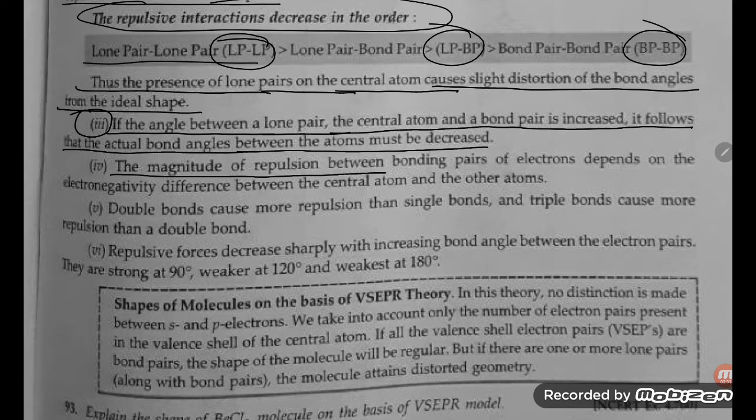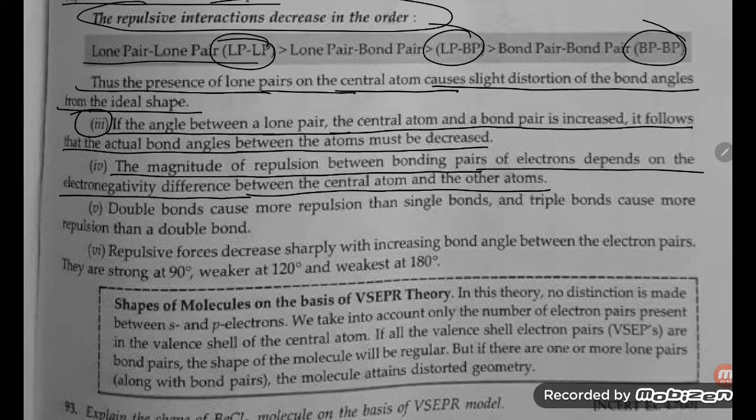The magnitude of the repulsion between bonding pairs of electrons depends on the electronegativity difference between the central atom and the other atom. This is the point, students. So the magnitude of repulsion between bond pairs of electrons depends on the electronegativity difference between the central atom